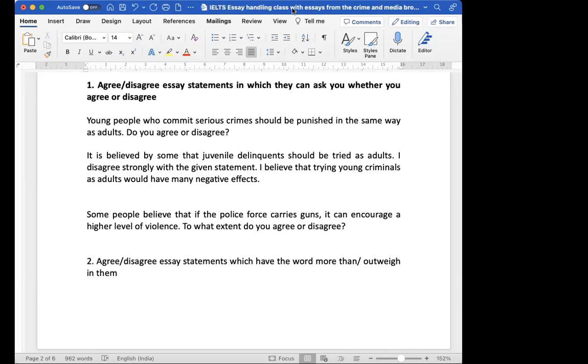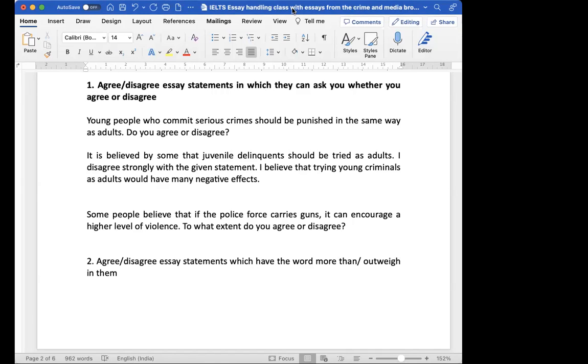Strongly disagree. While I think they shouldn't use the guns every time, this would be better if you write it one-sided and say police should have guns. You can strongly disagree, yes ma'am. Definitely, it should be a one-sided essay. The first reason you can give is because criminals have guns, so police should have guns. Obviously, if criminals have guns and police don't, how will the police protect you and themselves? Right? So that is one paragraph.